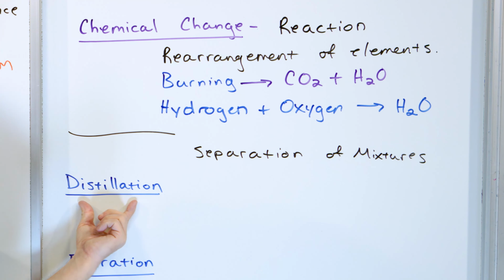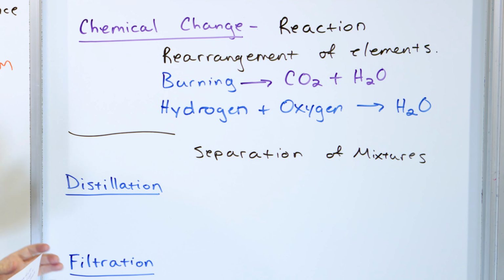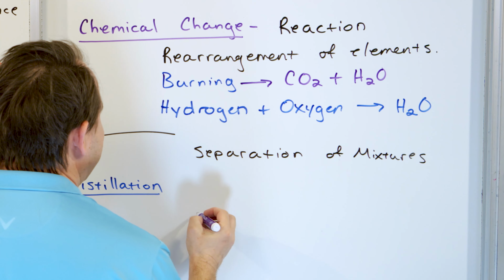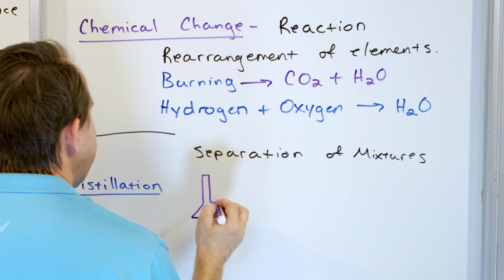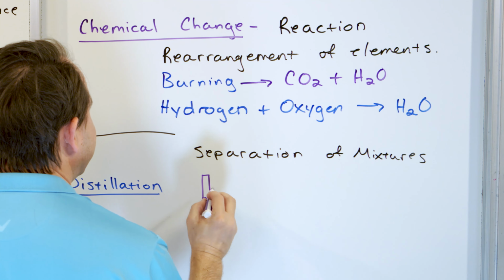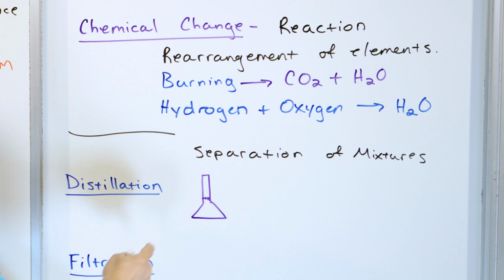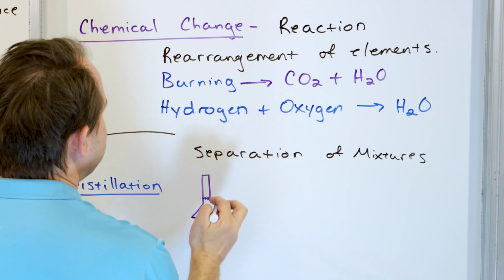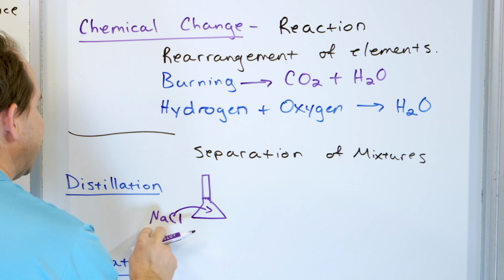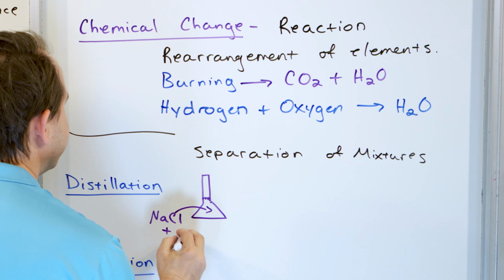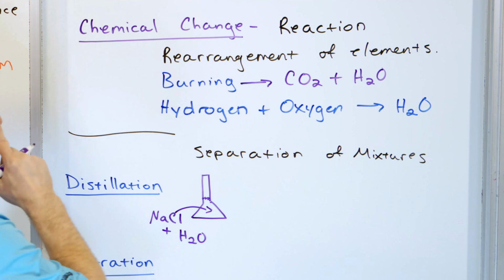Well, a very important one to understand, the most important one on this list, is something called distillation. You may have heard of the word distillation. What you can do is you can take a flask, right? Let's say you put a flask here, something like this. And what you could do is you could put in this flask your water, either salt water or sugar water or whatever. Let's call it salt, because we're going to learn later sodium chloride is salt, plus water. And that's what's in this flask.